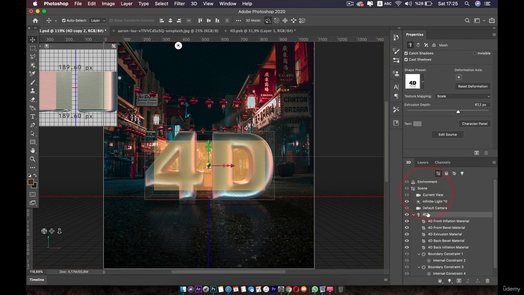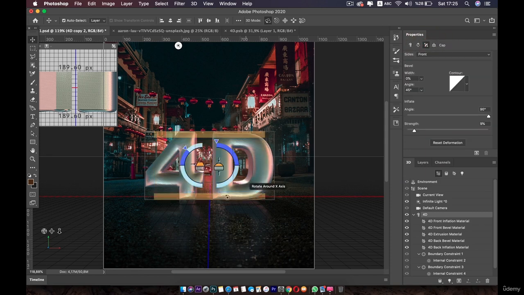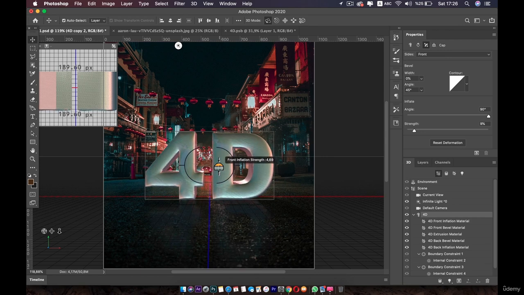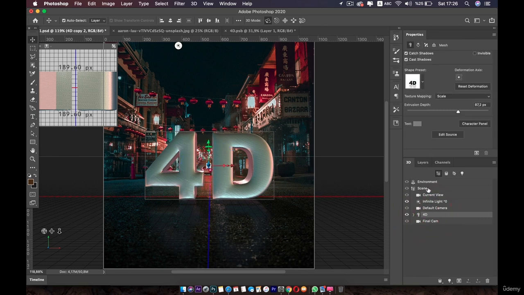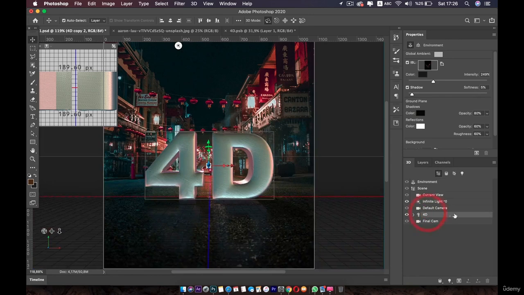So the first thing, I'm going to decrease the inflation. I don't know what they call it in English, inflate. So I'm going to control it here in the screen. I will make it less puffy, like this is good. And then the next step, you're going to select the 4D text and then go to